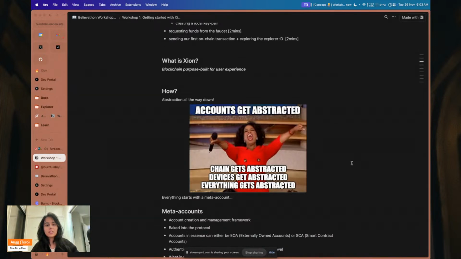The way we describe it is that it's a blockchain that has been purpose-built for user experience. There are certain modules that are baked into the protocol that make user experience as seamless and as smooth as possible. And this is what we will be exploring through the hackathon, and what we look forward to with the builds that we will be getting. How much can you abstract away the chain when you're building for the users? And the primary measure of how good a dApp is,